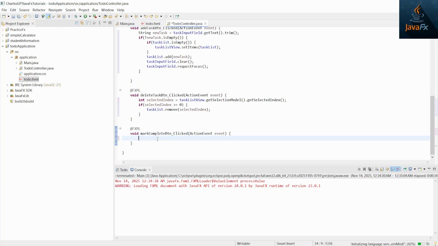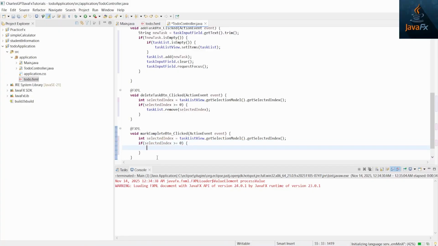So the first thing we're going to be doing is we're going to still use that same selected index, so we can know the index of the item we need to mark as complete, right? The same thing as delete as well. So I'm going to paste it, selected index. So it's a local variable, so they don't know each other yet. So the next thing is we're going to do if selected index, same thing we did in the first one. So if the selected index is greater than or equals 0, like this,